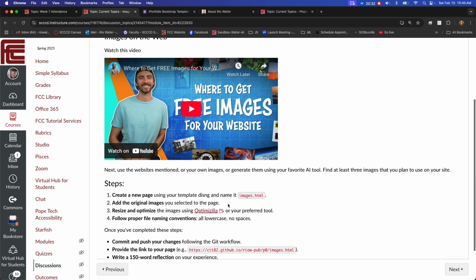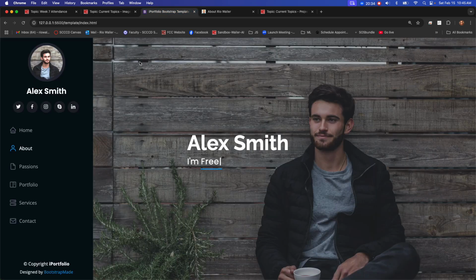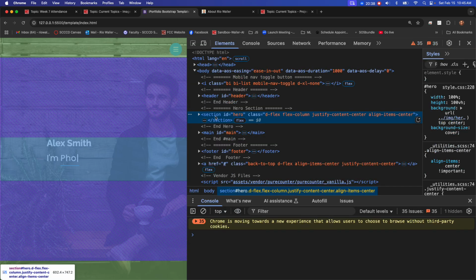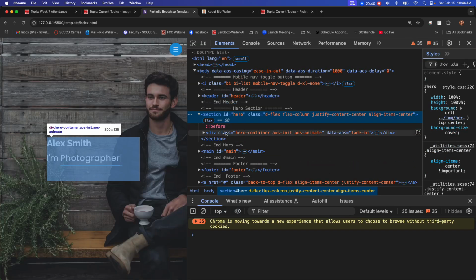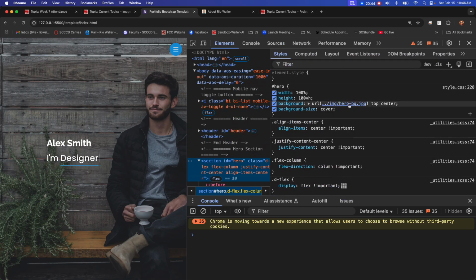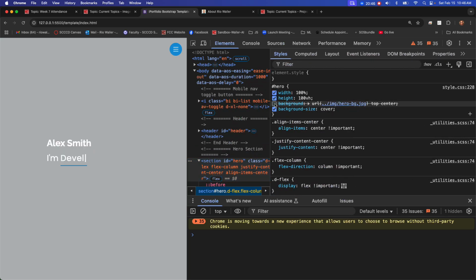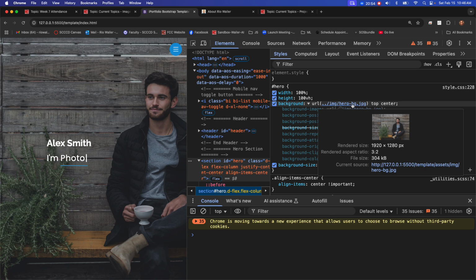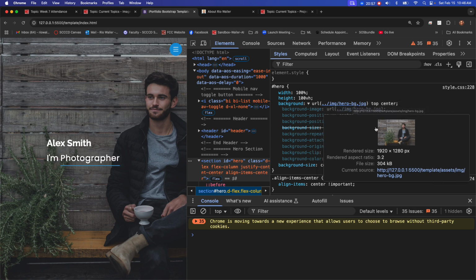Now, for me, one of my images is this important image in the background, right? Now this one, I'm probably going to want to spend some time figuring out where it is. So I'm going to go over here. I'm going to go, okay, here's that, and how do I know? And this is the other thing that's really great about DevTools. I can drop that to see, oh, that's what is creating that background image, and that's the image. And notice how big it is,